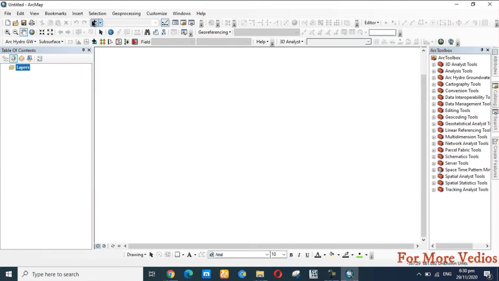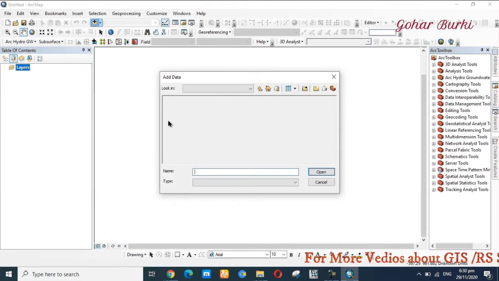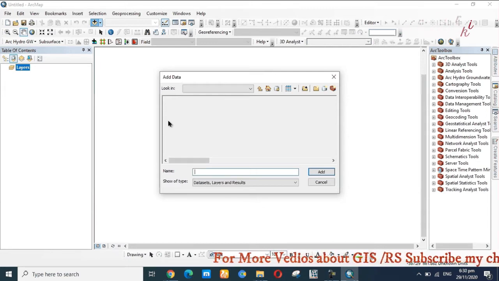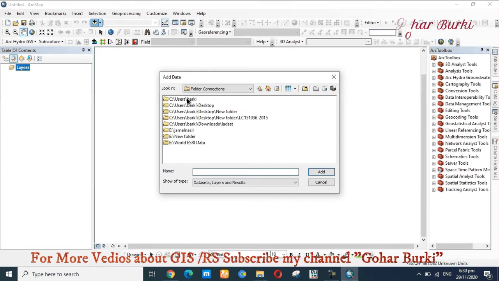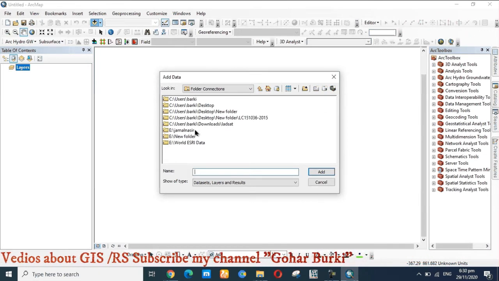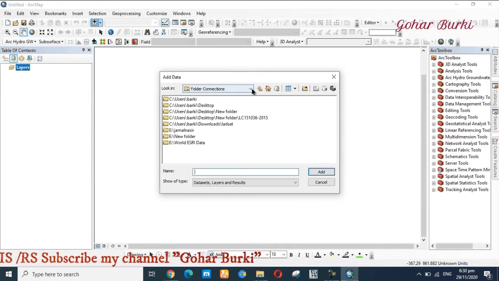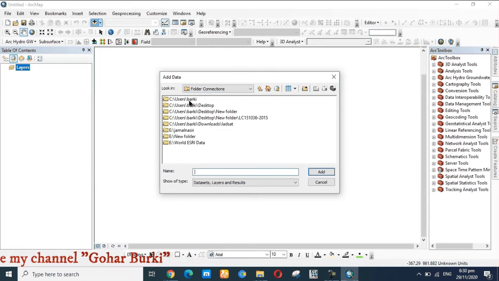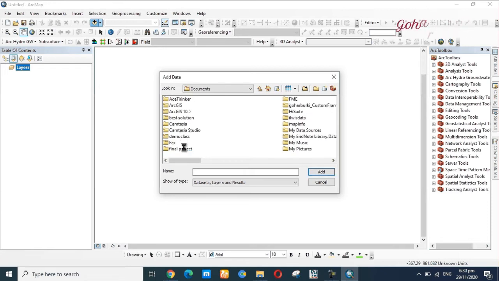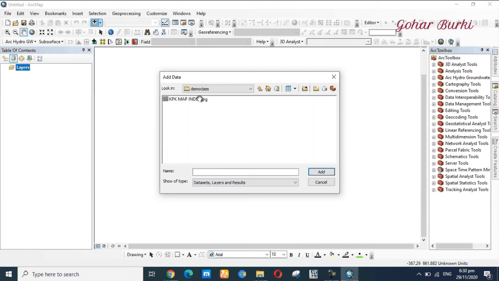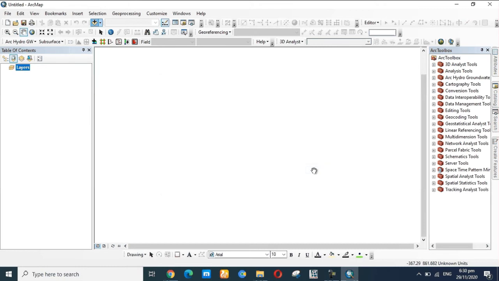open ArcMap and add the data, and you go to this position and search for this. Documents. Then we already made a folder here, Demo Class, and then click